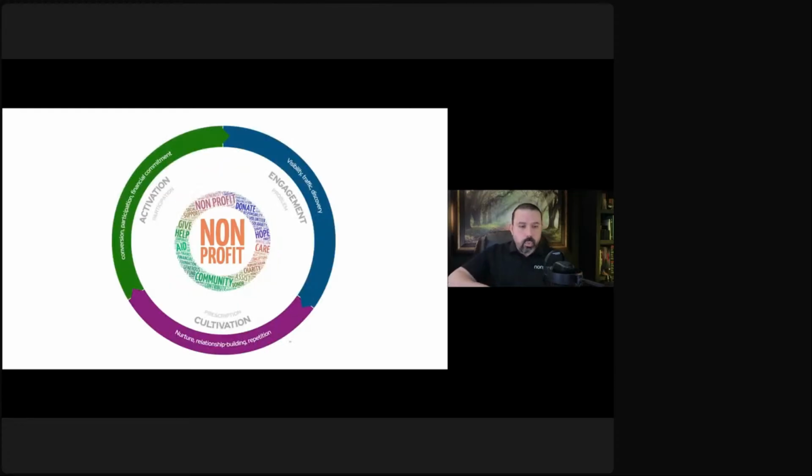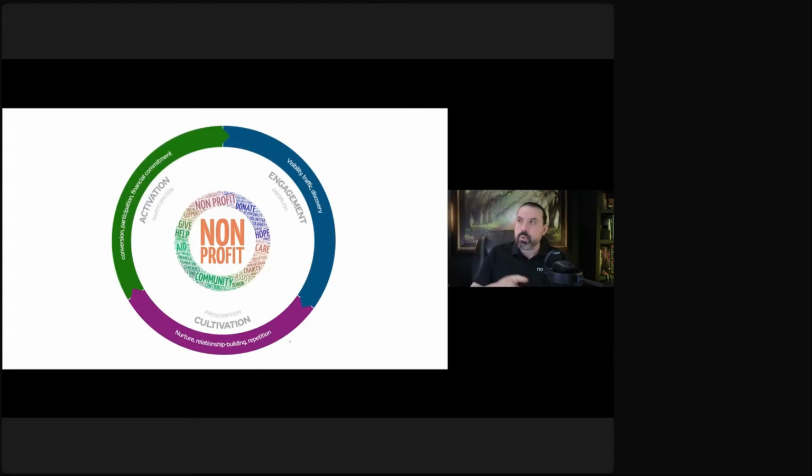Now, what we did was create a cycle here, and this is why we call this the growth engine. This is the wheel that runs. You start with engagement, creating visibility, traffic, and discoverability. Then you cultivate, you nurture, you build relationships, and you do this through repetition in your prescription cycle. Then it comes back up: convert, participate, financial commitments in the activation stage. And then we pull people back in. The activation stage is intended not only to get commitments from people, but also to get people invested in what you're doing so that they can help increase that visibility, traffic, and discovery.